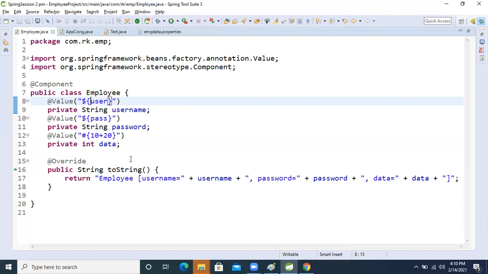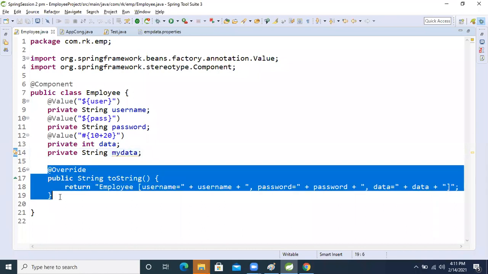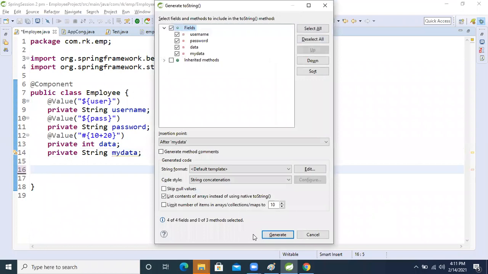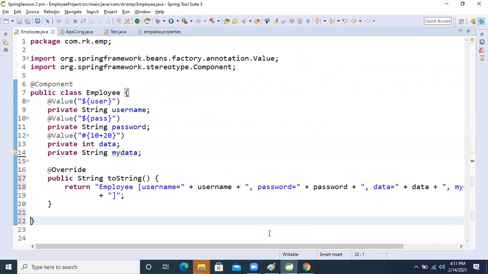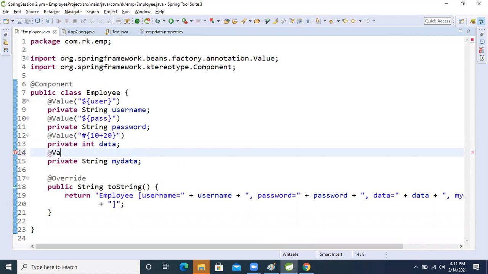Okay, now what I'm doing is, here I'm taking again one more private, String, myData. I'm taking this one. I will show all those things. Don't worry. Alt Shift S plus S, now I'm overriding. So now I'm applying the @Value annotation here, right?